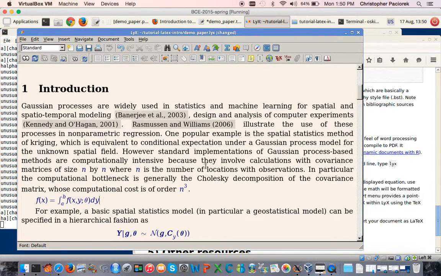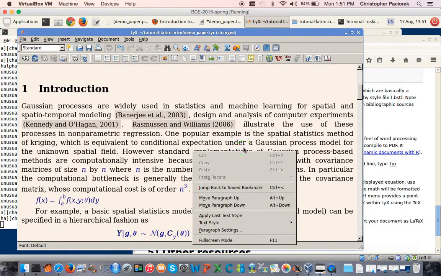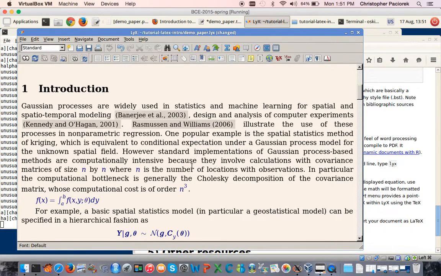I can also just type in anything in LaTeX, and then I could highlight it and press this TeX button up here, and that will basically tell LyX to interpret that as actual LaTeX code. Obviously, this is just simple text, so I wouldn't do that in this case. But I could insert any sort of LaTeX formatting that I wanted to by using this TeX button.